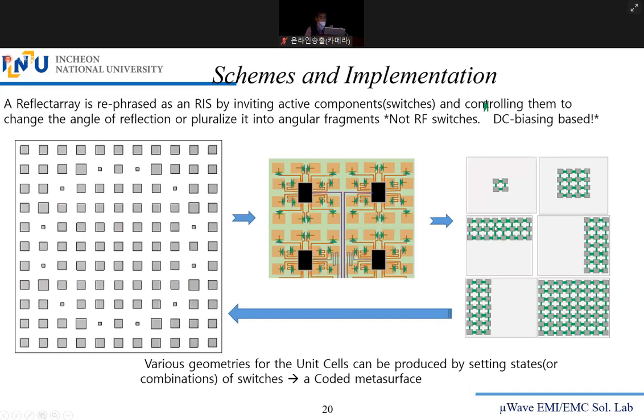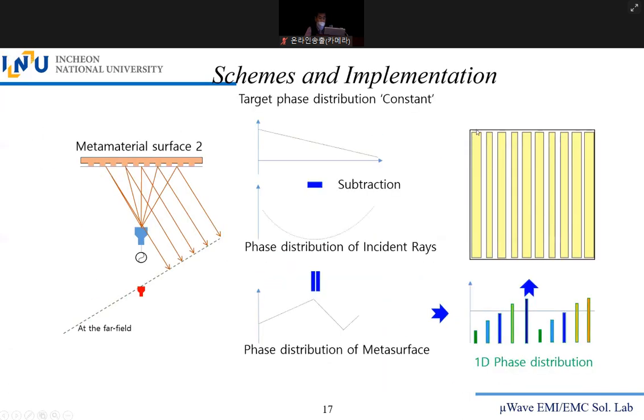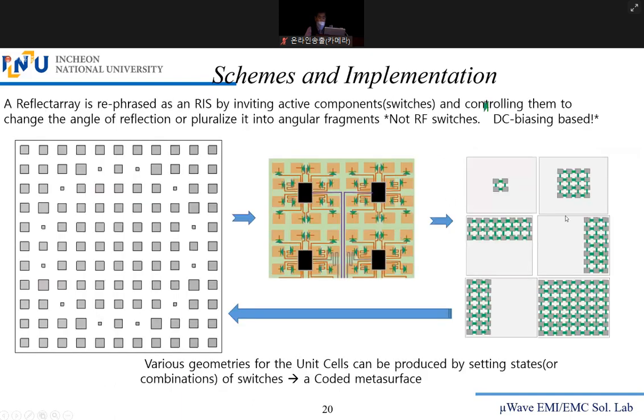And if you want, say, a one-dimensional metasurface, you will need this. Then you will choose 1, 2, 3 by 1, 2, 3, 8. 3 by 8 patches are switched on. The other patches are turned off, like that. And you can fill all the necessary space for the subarray by turning all the switches on. Then you can make a kind of full patch.